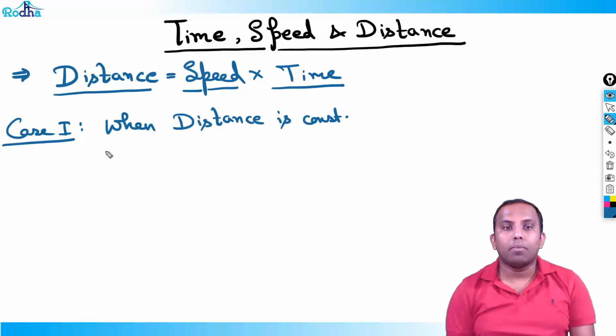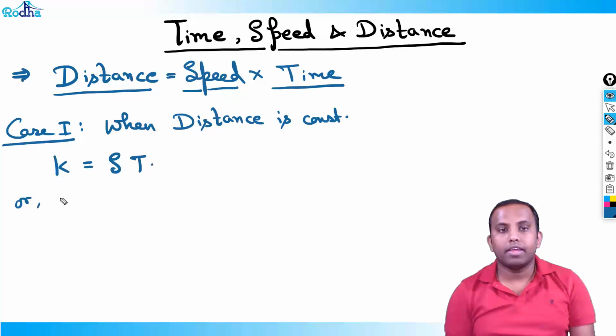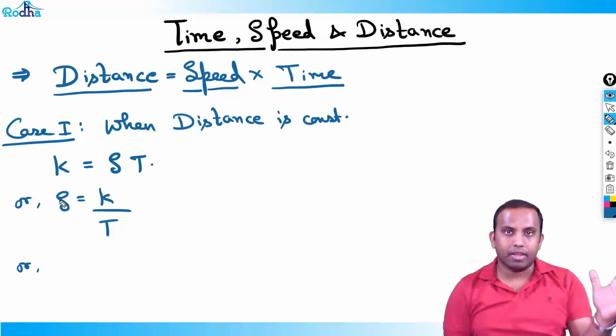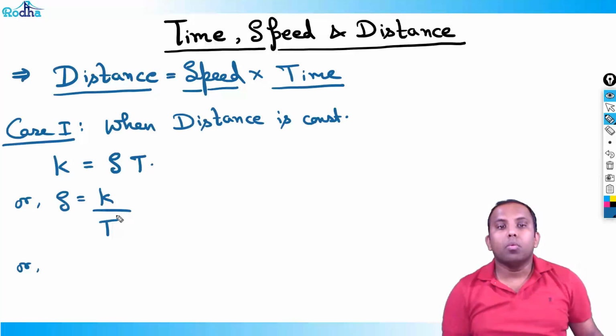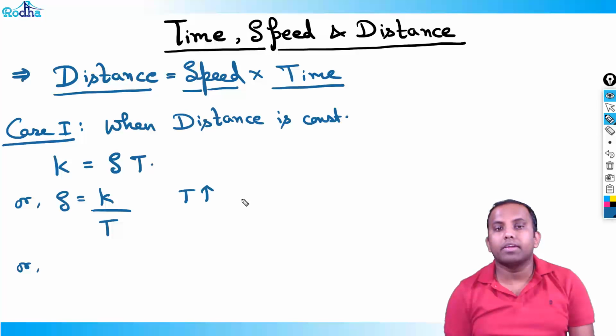So what will happen when distance is constant? Mathematically, first we'll see. Distance is a constant, so we replace distance by k. k is equal to speed into time. That means speed is equal to some constant by time. So now speed is in the numerator on the left hand side and time is in the denominator on the right hand side. So the more the time I increase, since t is in the denominator,